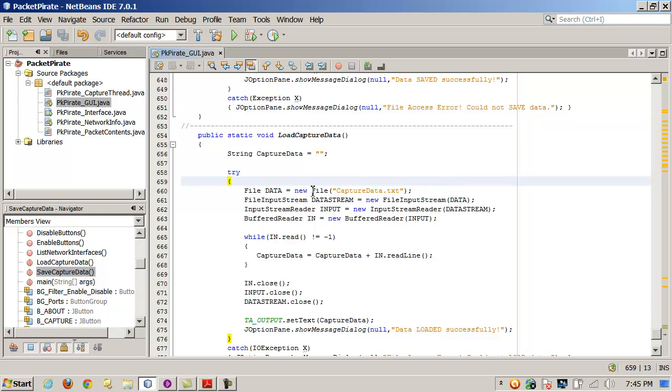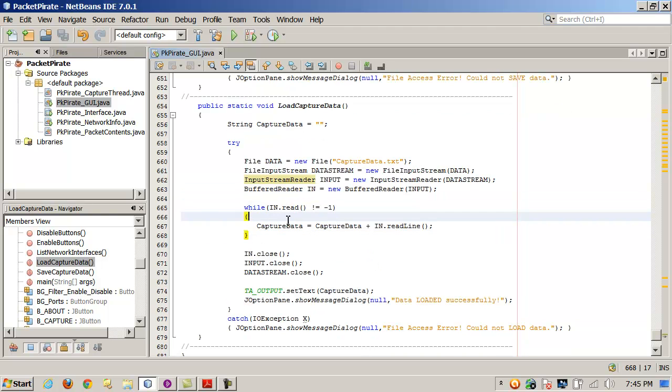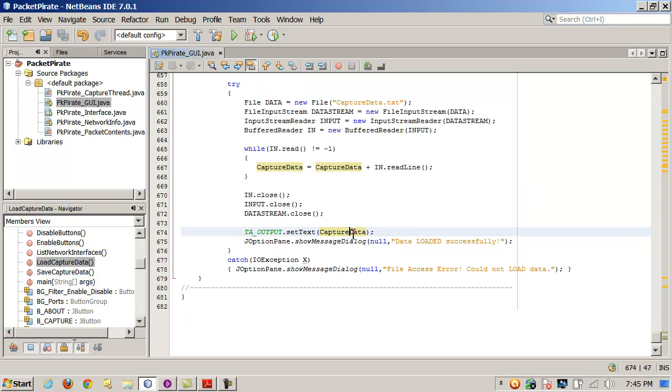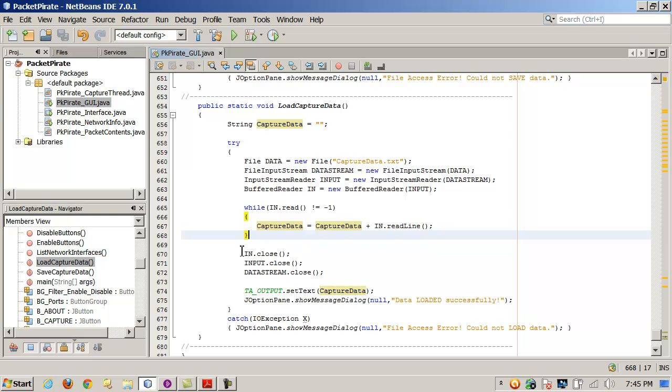And load capture data is just going to do the opposite. In this case, it will build a file input stream object. Of course, the file has to have the same name, an input stream reader, and a buffered reader. We just need a simple while true loop to read until we get to the end of the file, as long as read is not equal to -1. We'll read line by line into the string capture data, close our file objects, and then set the text area to the value of that string we built up when we read it. And so again, to see how that works, if we run it,